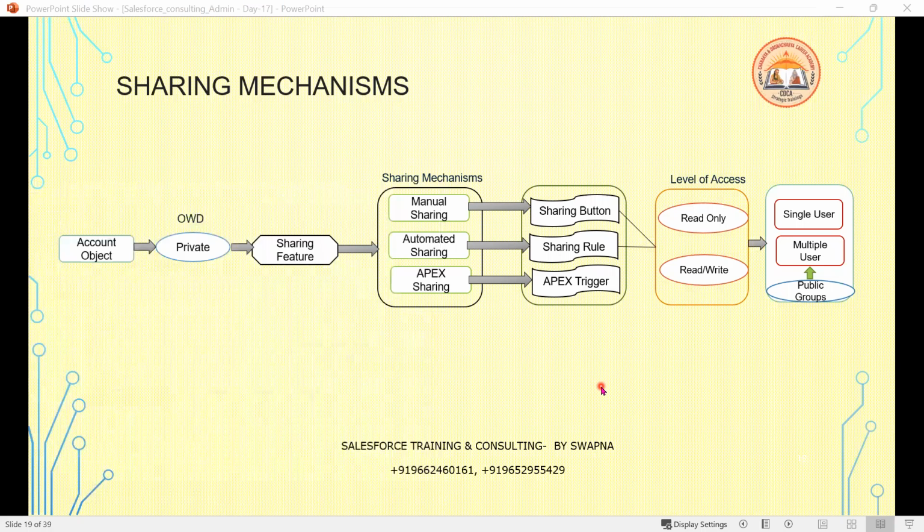So next one we will see Apex sharing and Apex trigger. So the interview question is, we have a sharing rule, sharing button. So why do we still need Apex sharing? Is there any scenario that you have worked on Apex sharing? So in case you get this kind of a question,